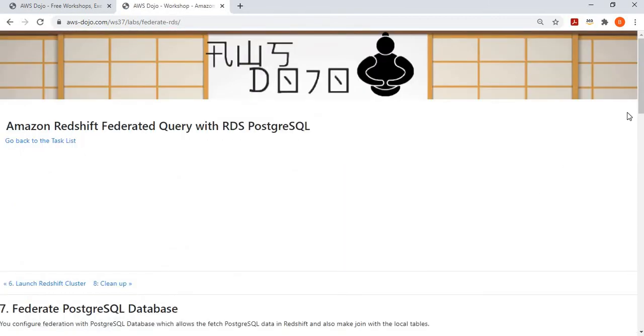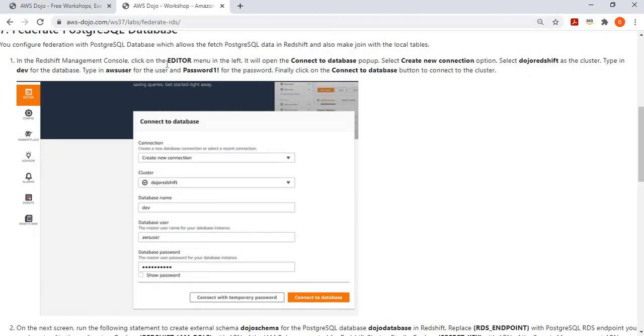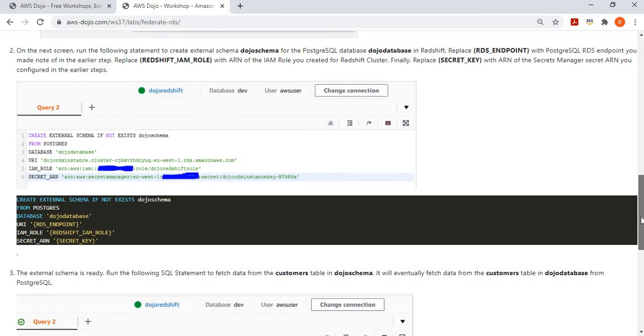So, federate PostgreSQL database. First things first, in the Redshift cluster, we connect to the query editor again using the login name and password. And then the first statement we run is creating the external schema. So we are saying the name of the schema is Dojo schema from Postgres, then the database is Dojo database. This is my RDS endpoint, this is my Redshift IAM role, and this is my secrets key. So you can see here you provide those parameters over here, and when you run it,